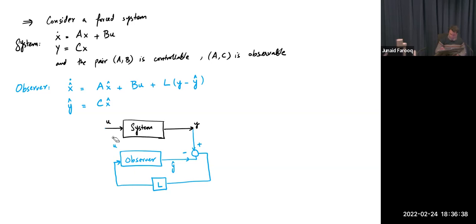So to be more precise, let's add the matrix B here, right? So basically you have BU and L times y minus y hat as input to the system. So now if you look at the equations of the observer, what you will get is x hat dot is basically A x hat plus B